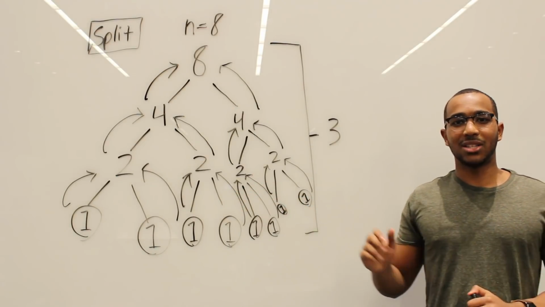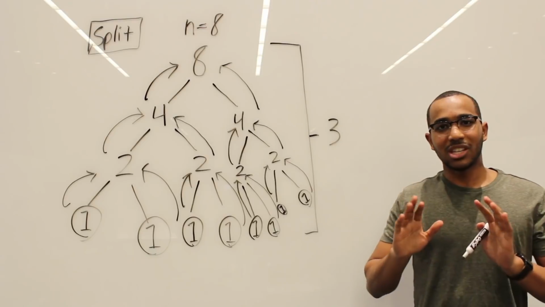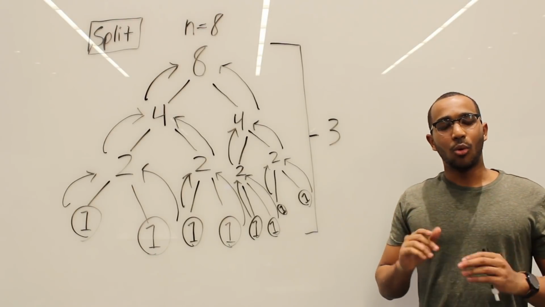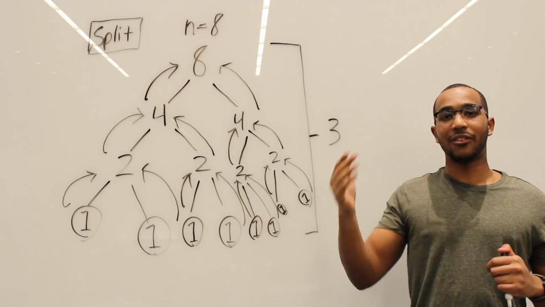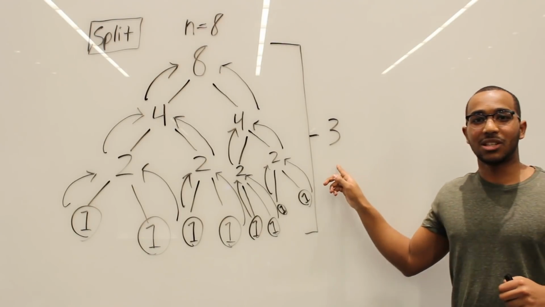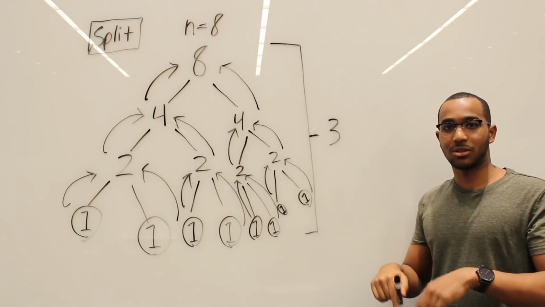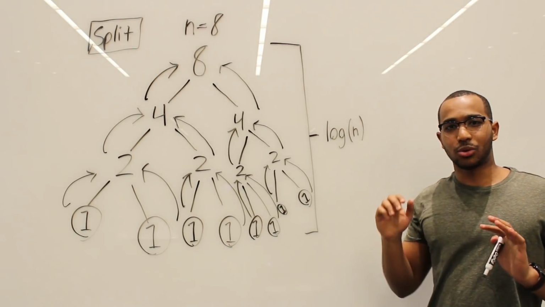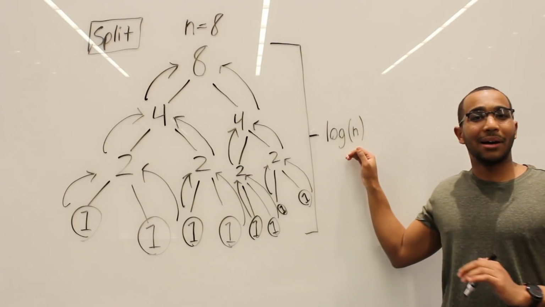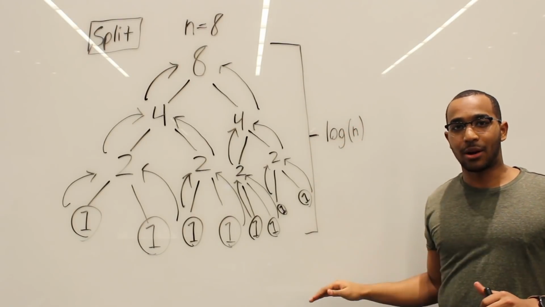Remember that merge sort runs in n log n time. So this is going to play into that reason. We're slowly building our understandings until we can understand that original fact. So I'll re-express this as log of n split steps, splittings. And when I say log of n split steps, I don't mean the actual amount of split steps. I mean amount of levels that we can split downwards.